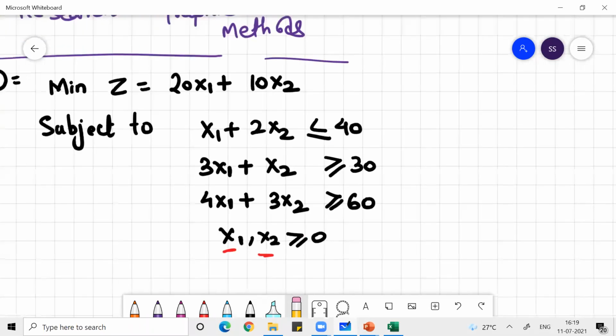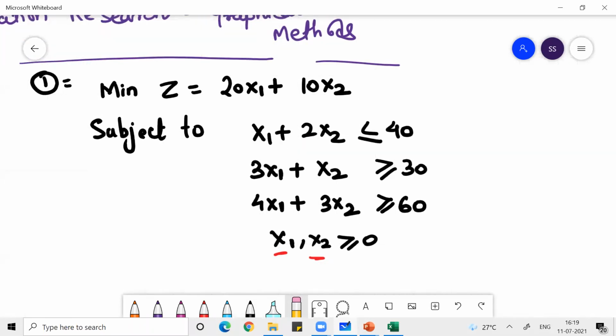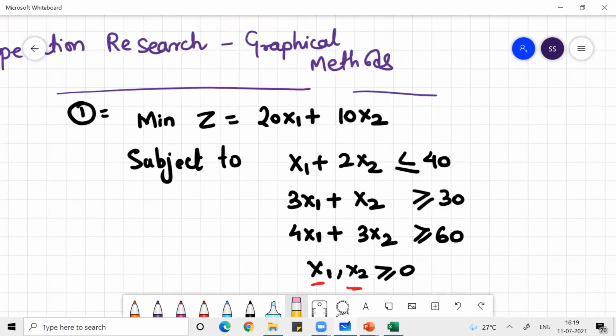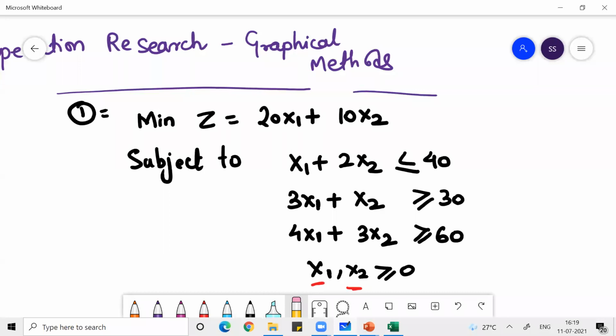We have this problem, and here the objective function is to minimize the variable, whatever variables we have, and we are given three constraints. We need to make sure that the constraint given to us follows the non-negativity restriction. Now if I want to solve this problem with these constraints, how can I solve it? The question here is that you want to get the answer, right? Yes. Then how will I get the answer?